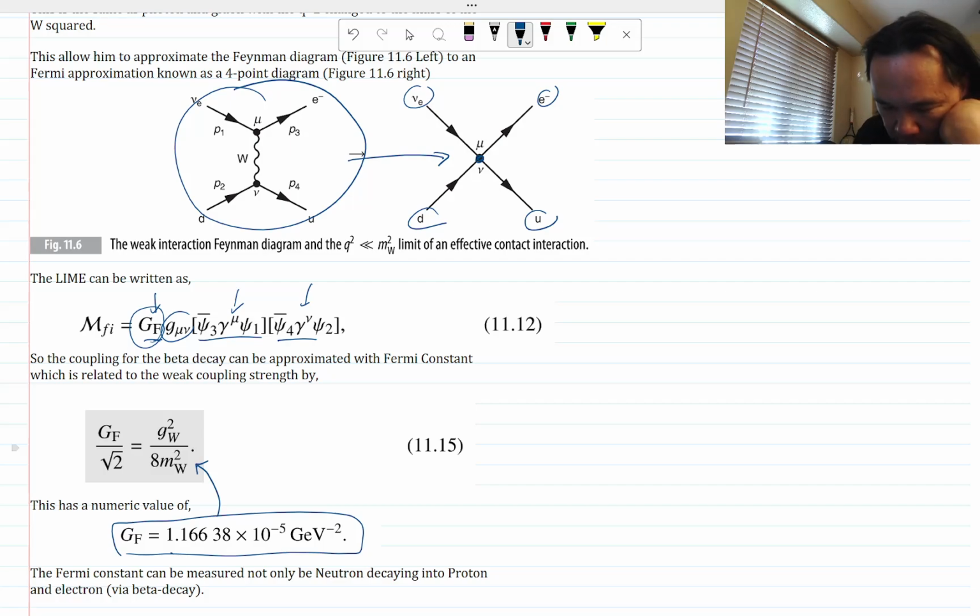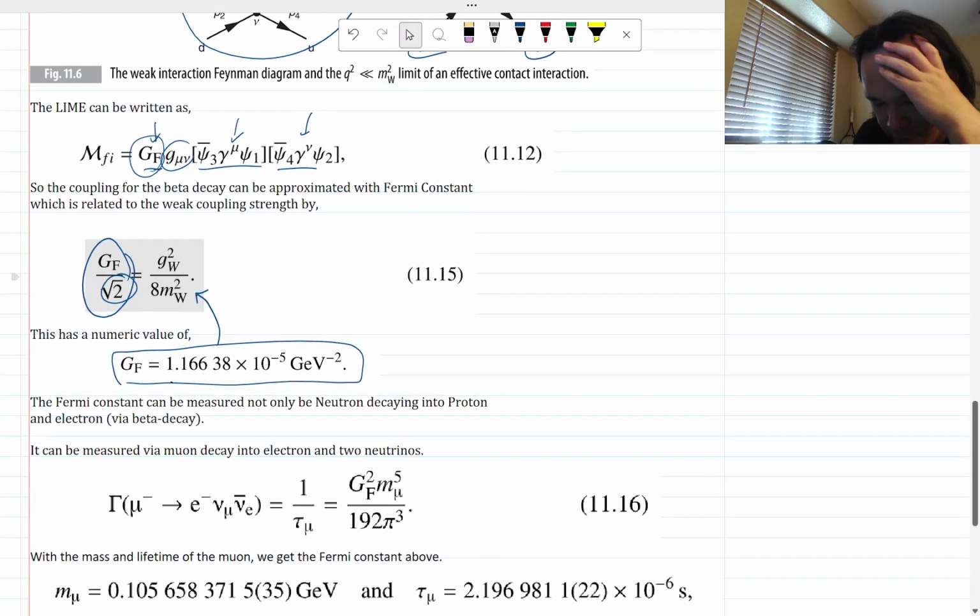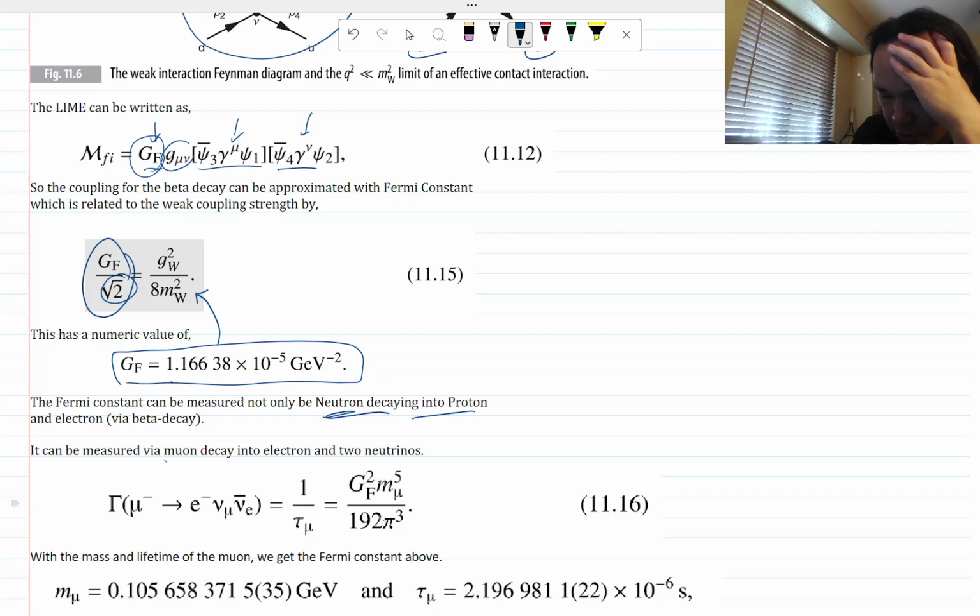The weak coupling constant squared divided by 8, and then the mass of the W is actually equal to the Fermi constant divided by the square root of 2. And this square root of 2 is just a historical artifact that Fermi put in in order to do his calculations. Okay, so this can be measured not just by neutron decay into protons, but can also be measured by